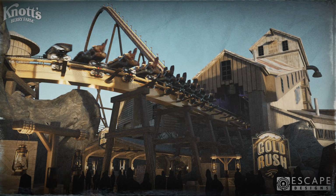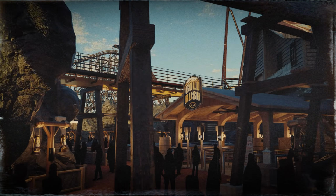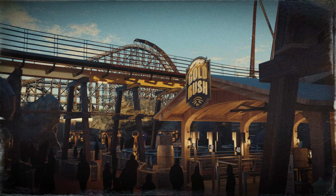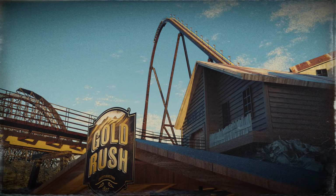Towering above you will be the impressive lift hill, framed by the imposing mineshaft structure. This is the perfect spot to capture a memorable photo of your visit. As you make your way through the area, you'll find a variety of small food vendors offering delicious treats to satisfy your cravings. Take a seat at one of the many picnic tables and relax while enjoying your meal in